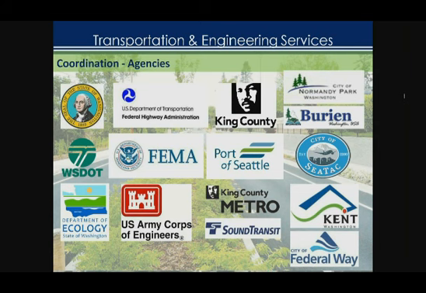We have 5 neighboring cities. We have 3 state routes that go through Des Moines: 509, 516, and SR99. We're also doing a lot of coordination work on the upcoming extension of the 509 freeway out to I-5. That's taking a lot of time. There's a lot of work to do with permitting agencies like the Department of Ecology, FEMA, and the Army Corps of Engineers,